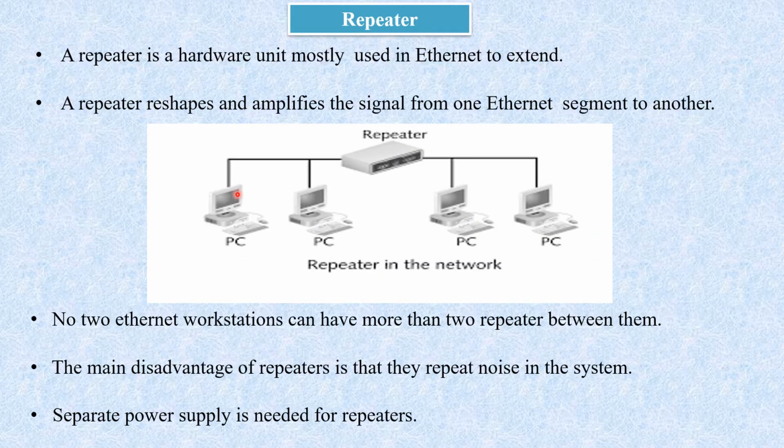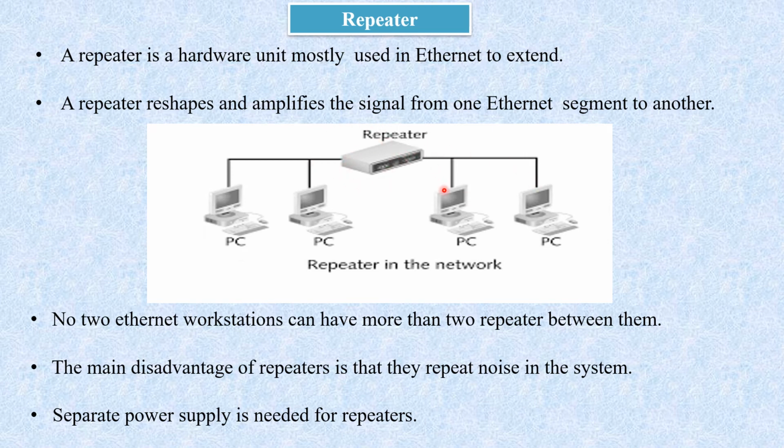Now let us understand what we mean by repeater. Repeaters are devices connected in the network. Since all the components of the network use copper or fiber optic cable, how do we control the attenuation that limits the possible distance between the different nodes of the network? Repeaters are an excellent way to extend the network physically. If you want to extend the network, you can just connect repeaters in between.